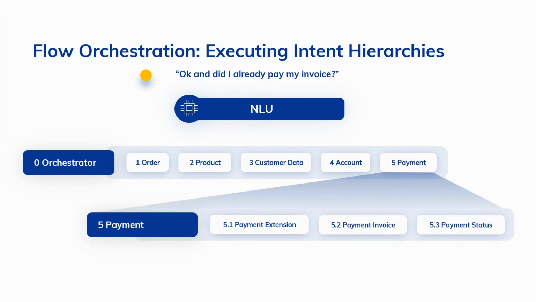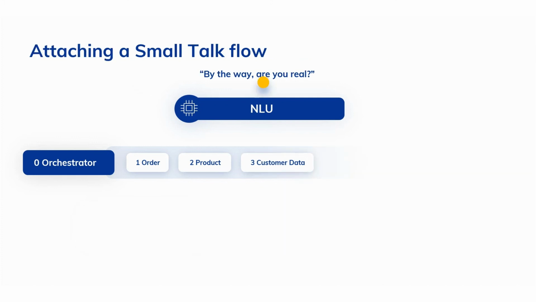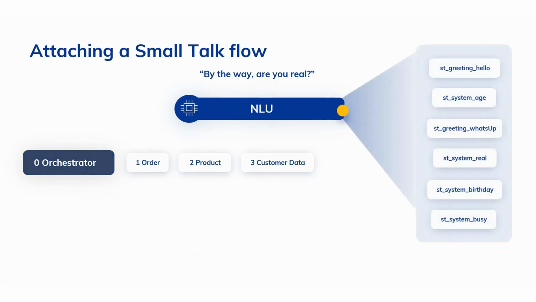Sometimes we have something like small talk attached, where we want the intent to just be available wherever in the conversation we are. So we can, in that case, attach the small talk model to the orchestrator flow. What will then happen is it will implicitly switch to the small talk flow because it triggers an intent there. In the same way, though, it will start with the entry point back in the original orchestrator flow.